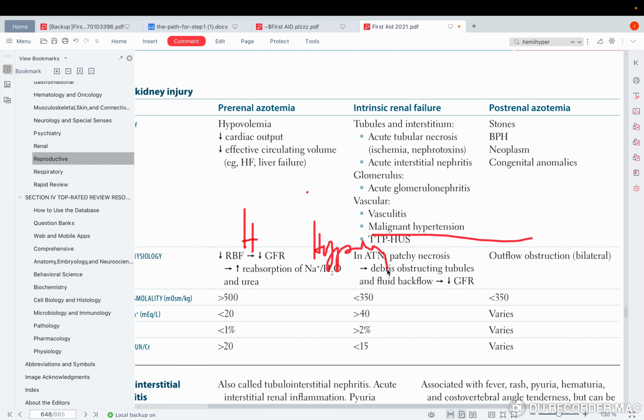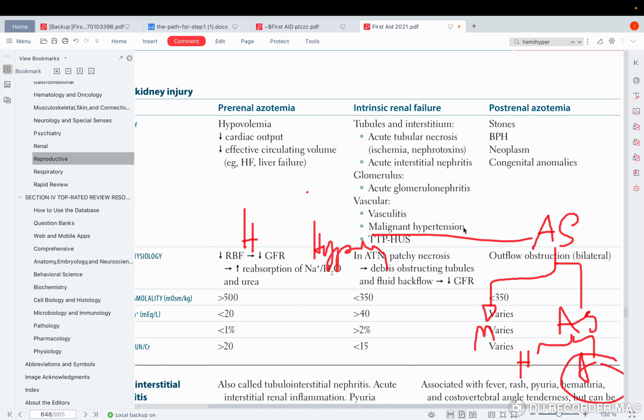Let me repeat this question. We had a condition called arteriosclerosis, and it has two subtypes: the Monckeberg or medial calcific sclerosis, and another type, arteriolosclerosis, okay? Arteriolosclerosis had the hyaline subtype and the hyperplastic subtype. In case of malignant hypertension, which one are you going to have? Is it the hyaline, hyperplastic, or the Monckeberg? Hyperplastic, exactly. Hyperplastic is in malignant hypertension.